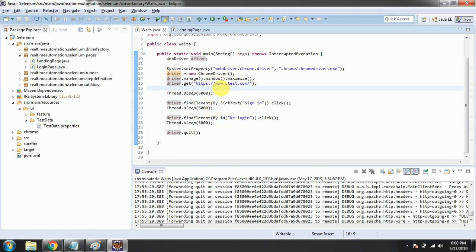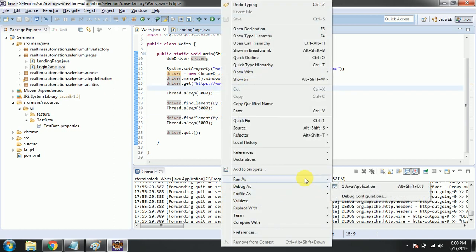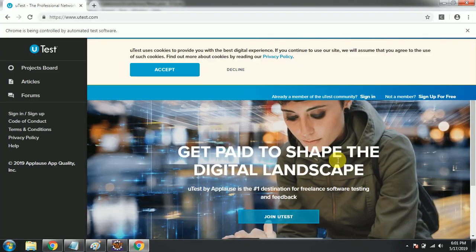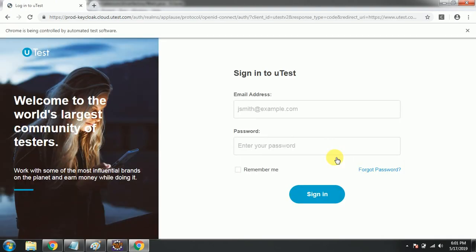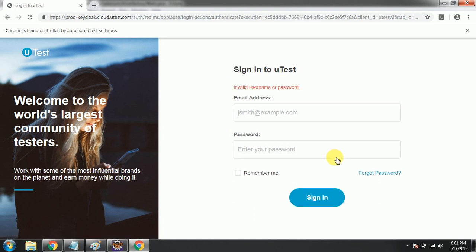When I run this code, it is clicking on sign in. Okay, it's done.